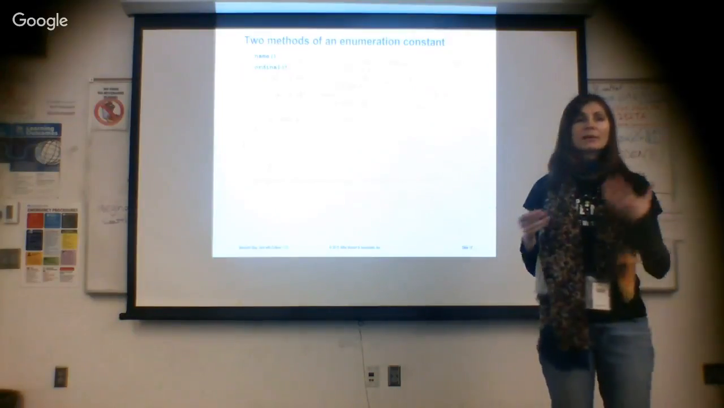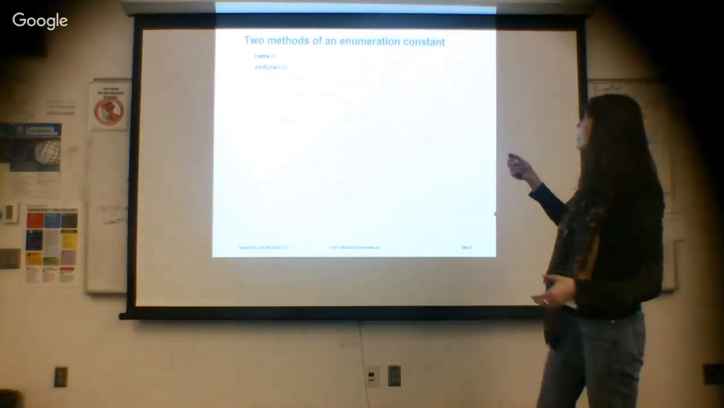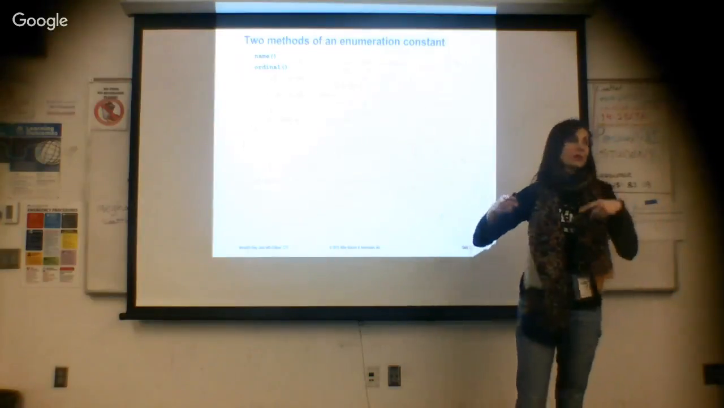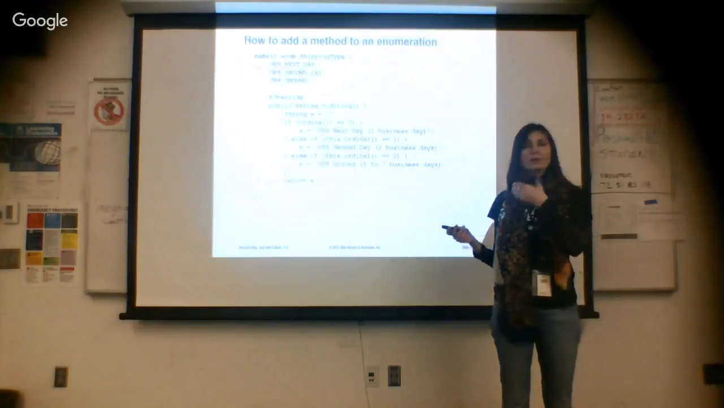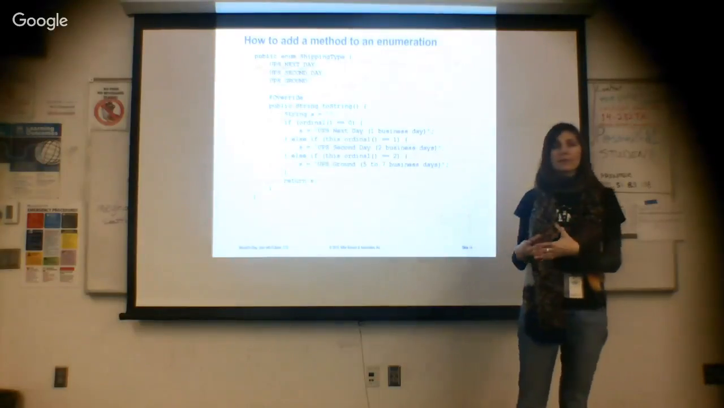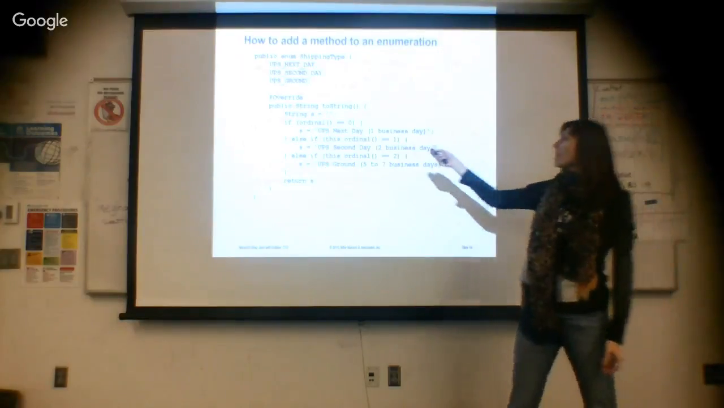There are a couple of methods that you can use with enum. You can get the name of the enum constant, or you can get its ordinal value. So if you really wanted to use the integers, you could by using the ordinal value. So for example, here, if we have this shipping type, we can